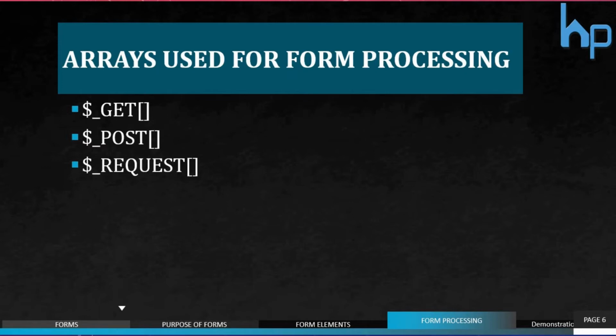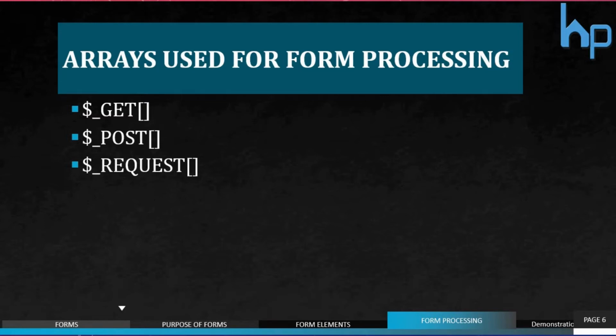All these 3 are used to retrieve the value entered in each control of the form, but each one has a different purpose, right? For example, in order to retrieve the value entered by the user from the URL, we can use $_GET. So just know about the purpose of these 3 arrays. We will have a demonstration with these three arrays, right?